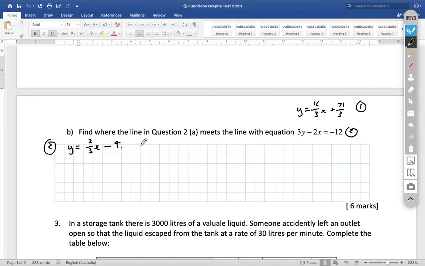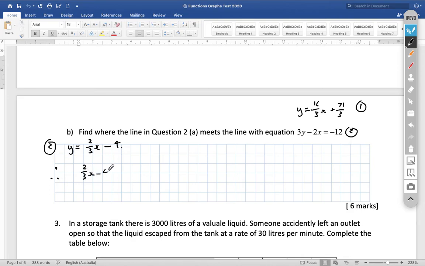So basically what's happening is that I can say where those equations meet, the x's and the y's are the same in each equation. In each equation, they're set up the same way to say a y equals this, a y equals this, right? Both that expression there and this expression here, the 16 on 3x plus 71 on 3, they both have to give the same y value. Okay? So therefore,